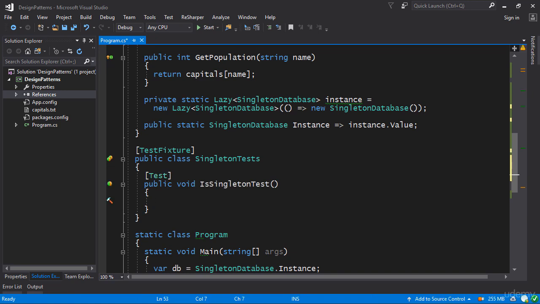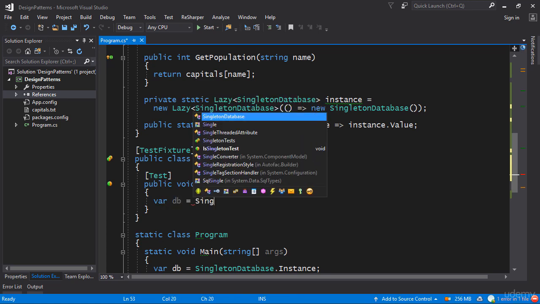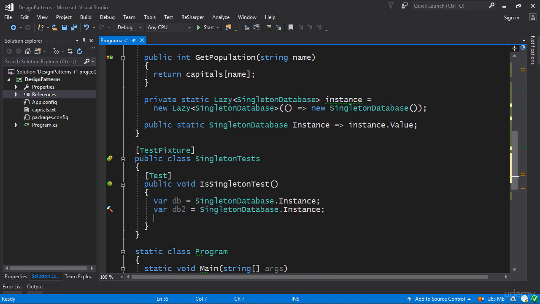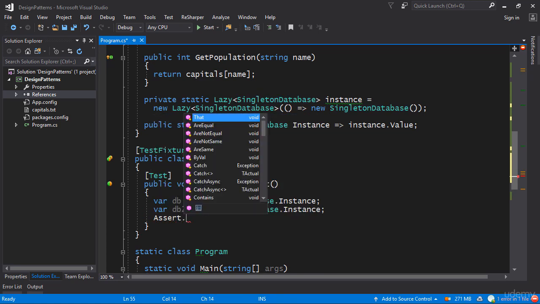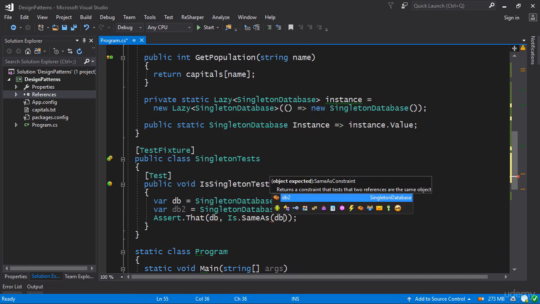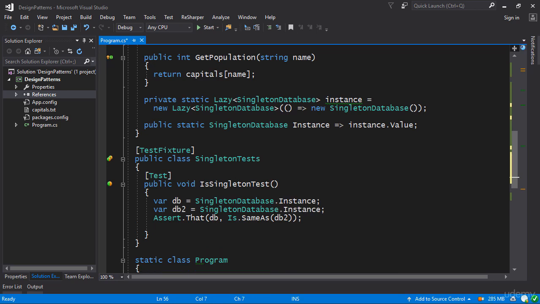So what I'm going to do is get 2 instances of the database, and I'm going to compare them to make sure that they are referentially equal. And in addition, I'll do some way of calculating the number of instances that have been created. So the way this is done is as follows. I'll say var db equals SingletonDatabase.Instance, and then I'll make db2, which will do the same thing. And then my first assertion will be that db is the same as db2. So in NUnit, IsSameAs basically checks for referential equality, that the 2 instances reference the same